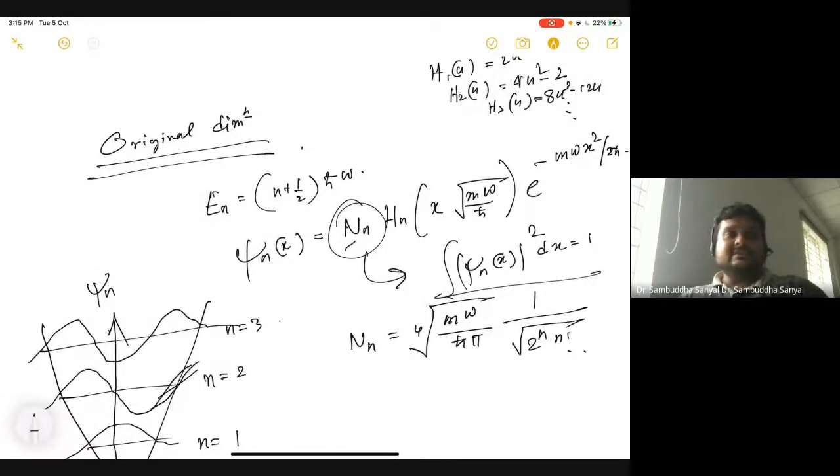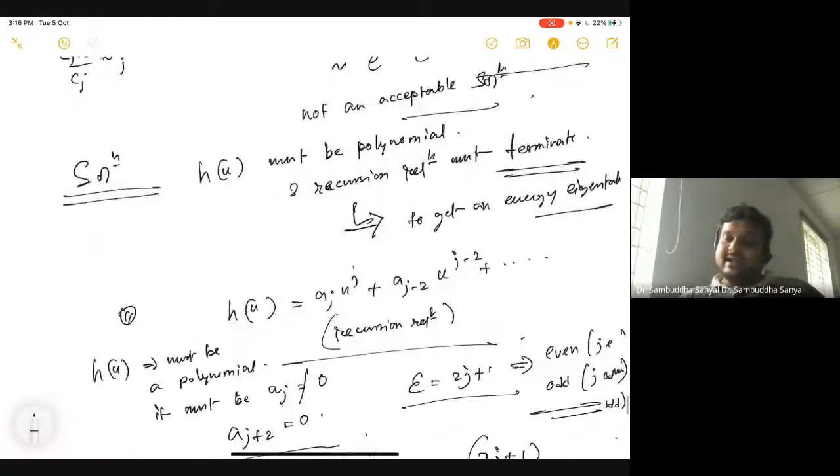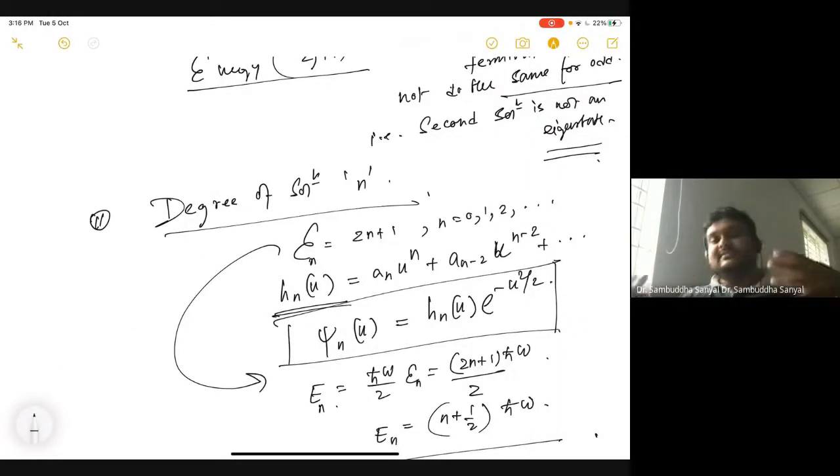Any questions? Everything is super clear, or nothing is clear and everything is too fuzzy? I mean, you must have done this kind of solution in your own hand. That's why I have gone a little fast today, because you have done this thing in mathematical methods, the series solution, as you said last time, and some of you have done the whole thing, the integrated PhDs. So I hope you don't need some hand holding for these small steps. So you can understand the basic spirit of the solution and how you proceed with various physical arguments and mathematical arguments at each stage. Let me pause for 1 minute to ask questions. Is everything super clear?